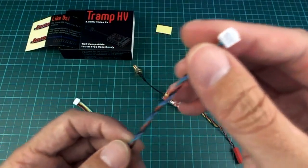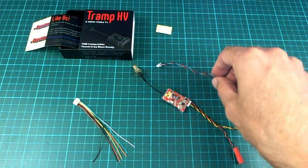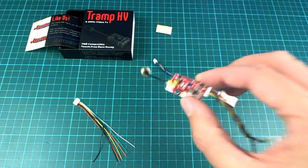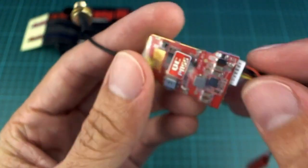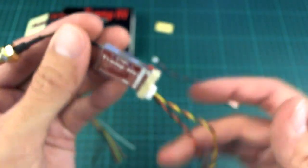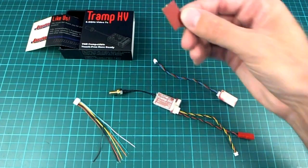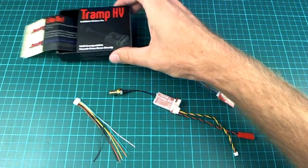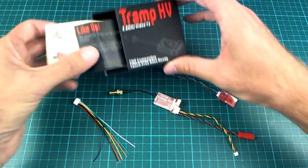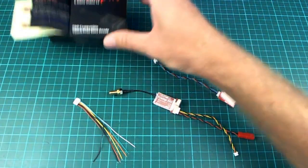I'm not going to use this very much because I don't have a programmer, and I probably won't be buying one, because you can actually use this button on the side to change your channels manually anyway, and I'll have a look at that in the manual in a minute. So the other thing you get is a little bit of sticky stuff to stick that receiver onto your quad somewhere, and some stickers and a bit of advertising guff that you don't really need,